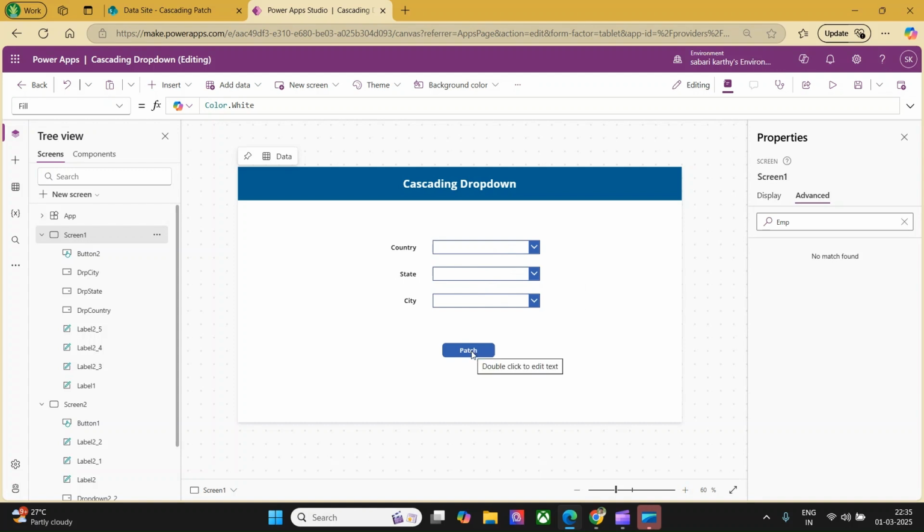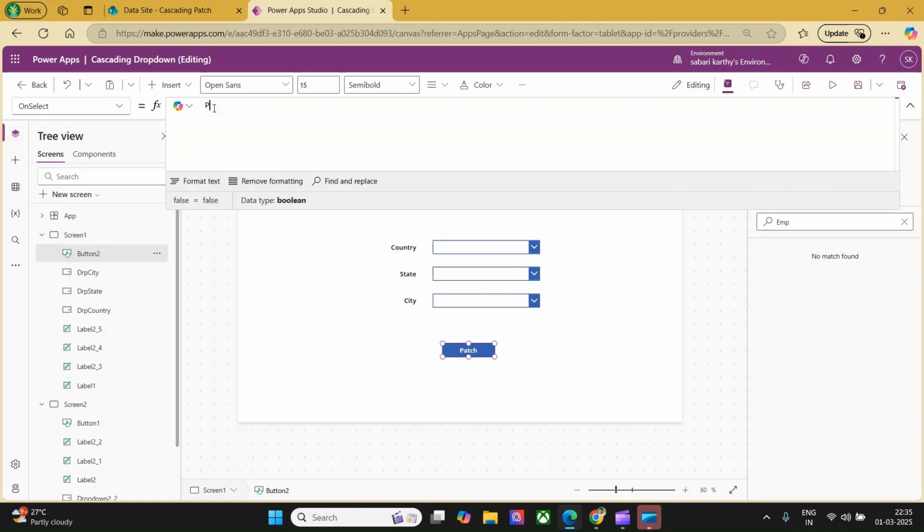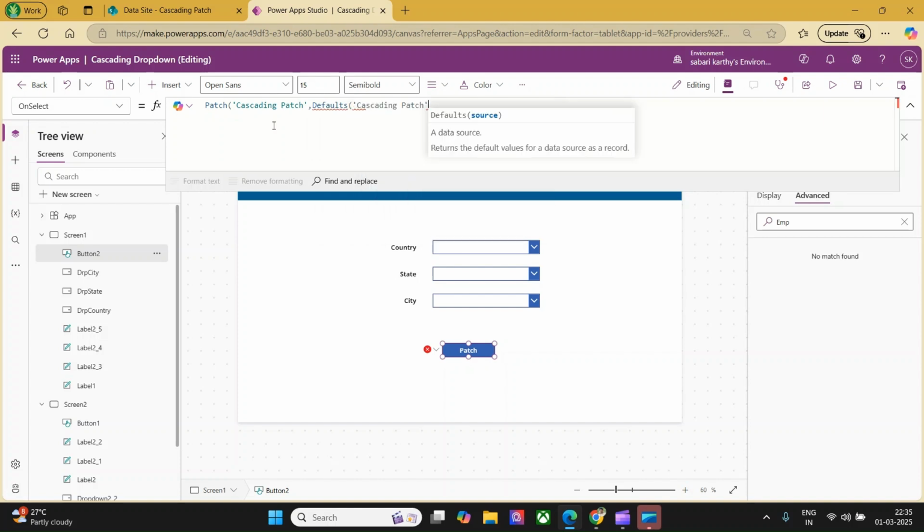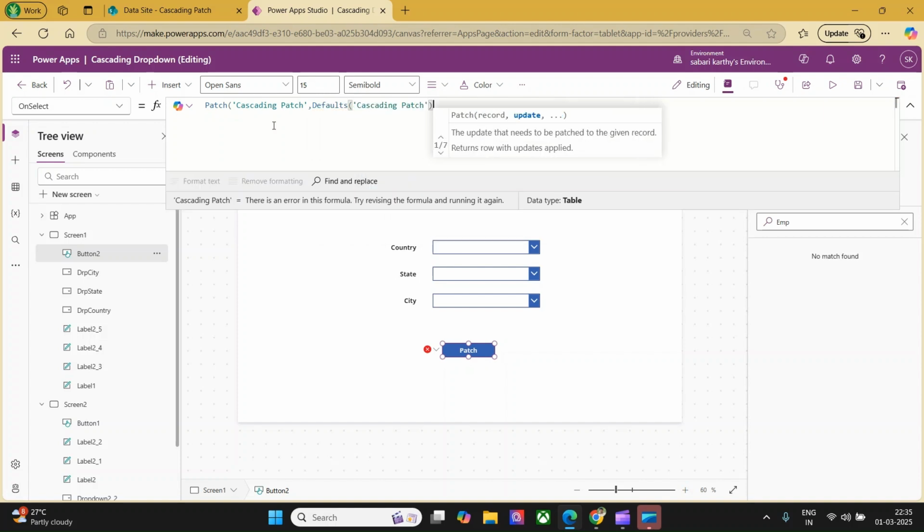Now, the final thing what we're going to do is to patch. So let me click on the button, go to the onSelect property and write the command patch, call the data source, which is cascading patch. This is the list which I need to patch the data. Here we are going to create a new record. So we use defaults of cascading patch, close the bracket,